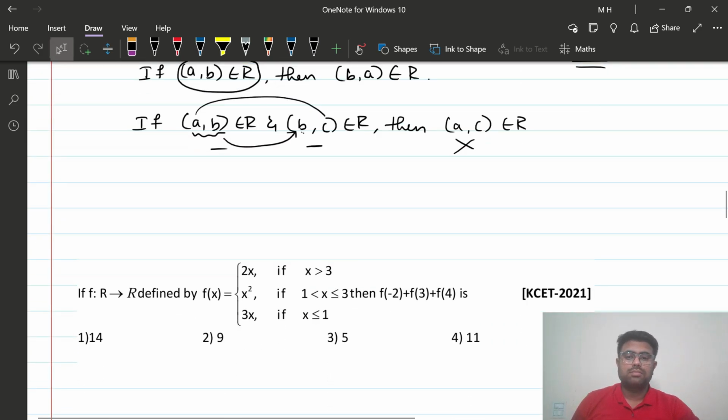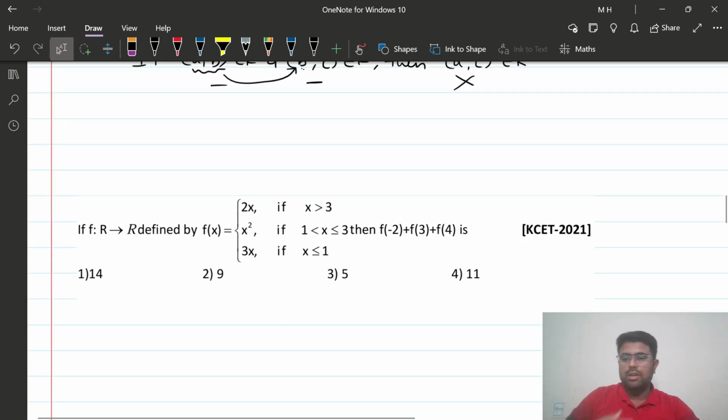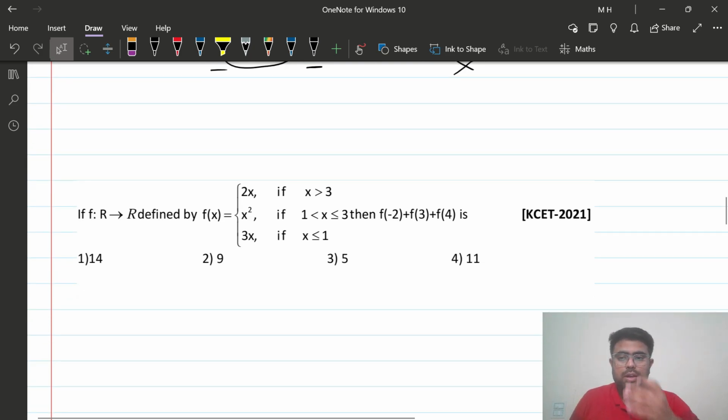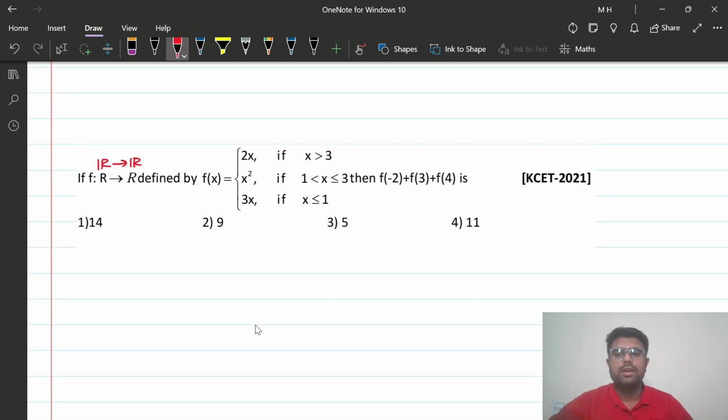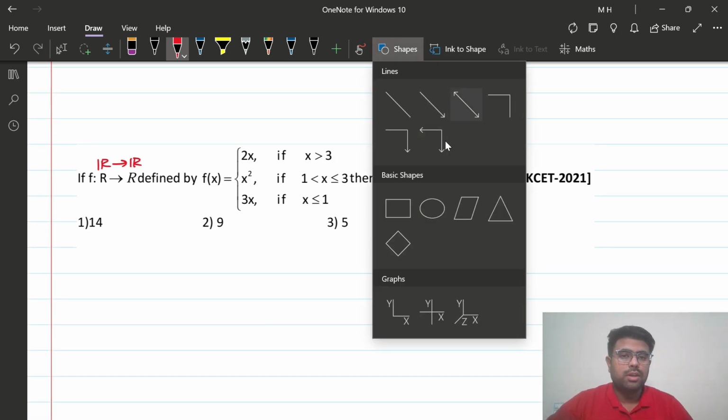Okay, fine. So let us now go to the next question. That is, if f from R to R is defined by... what is R here? R is the set of all real numbers. Okay, don't get confused. If f is a function defined from R to R, which is given by f of x equal to so and so, then f of minus 2 plus f of 3 plus f of 4 is? Okay, fine. So what they have given is,